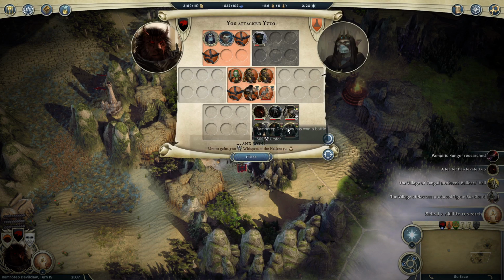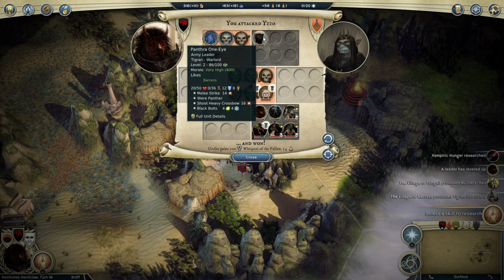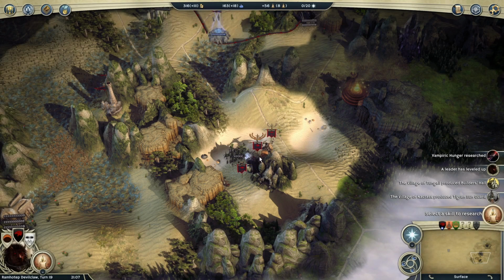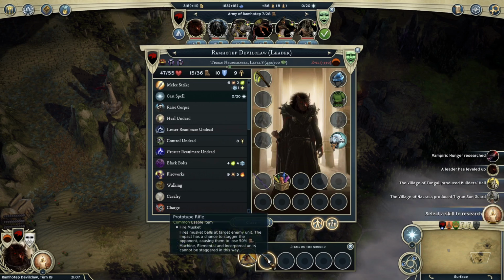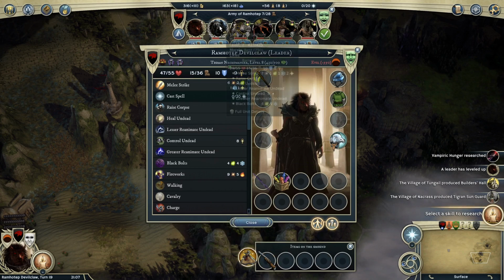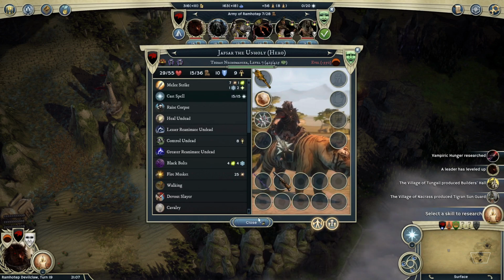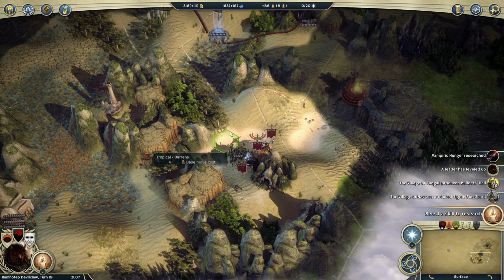Perfect. And again, we didn't lose any of our main army. And although Panthera had to retreat, at least we didn't lose Panthera. So let's see what we get for some items here. Just the musket, which I think we might actually give to Jafsar, because we already have the fireworks shot with Ramhotep, so...